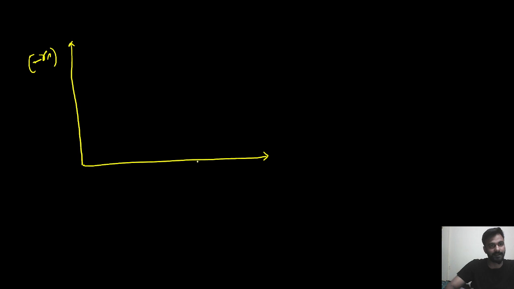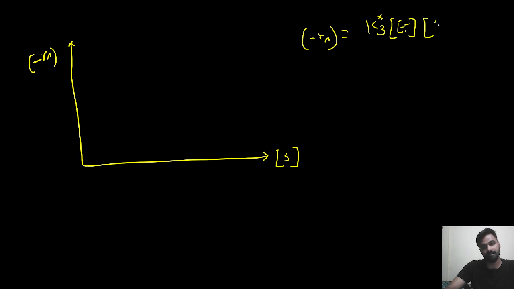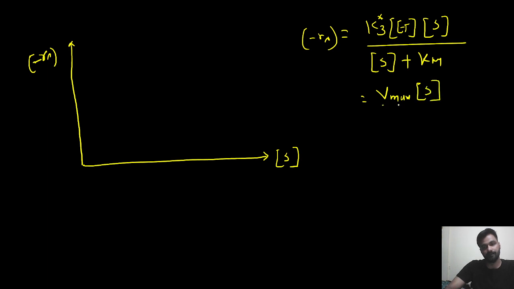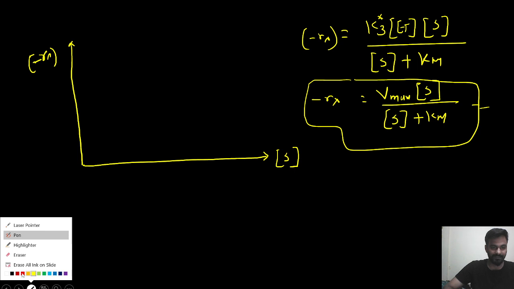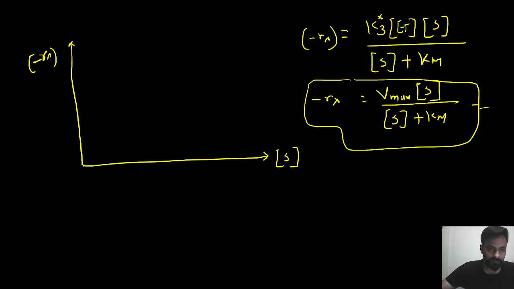Now coming to the next, how we'll plot the graph. So try to understand, the graph will be minus Rs versus concentration of substrate. The value of Rs was equal to K3 into concentration of Et, concentration of S divided by concentration of S plus Km. So it can also be written as Vmax concentration of S upon concentration of S plus Km. So minus Rs, this is our main equation. So this graph looks like a hyperbola, right? So this graph will be like a hyperbola. So you can draw this curve like this,